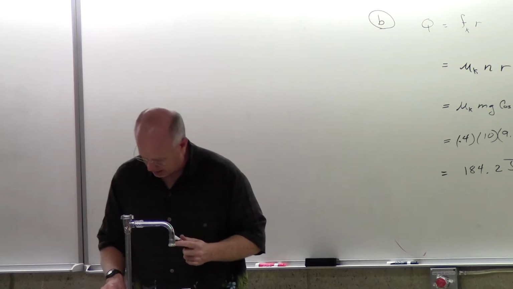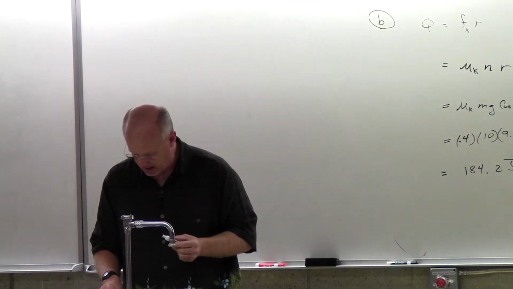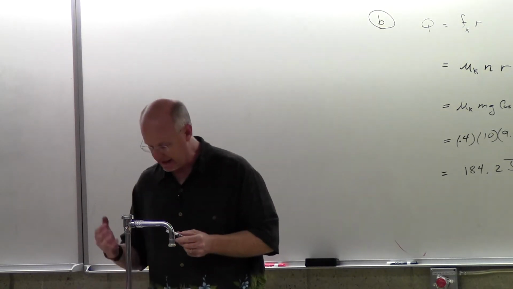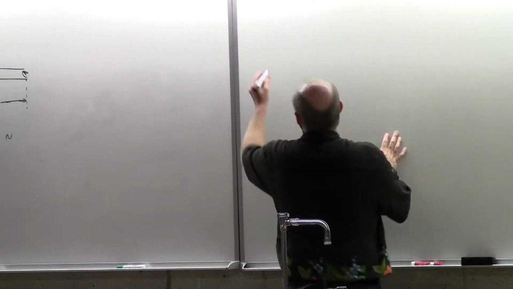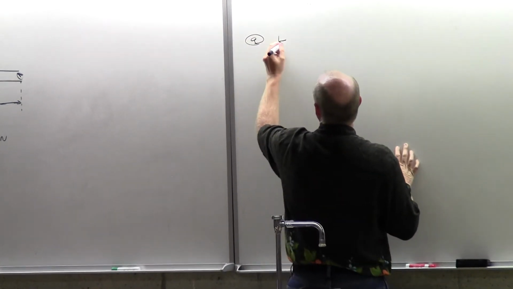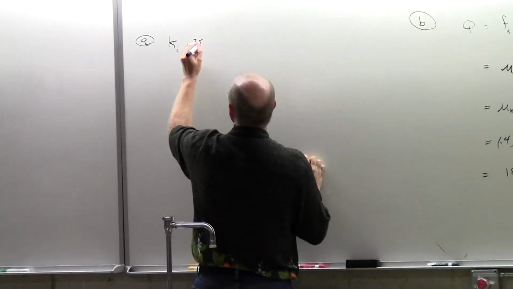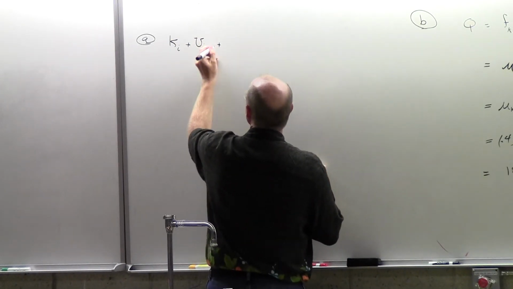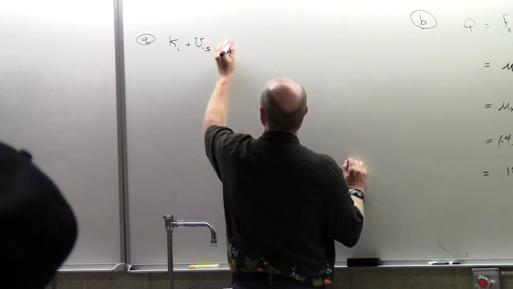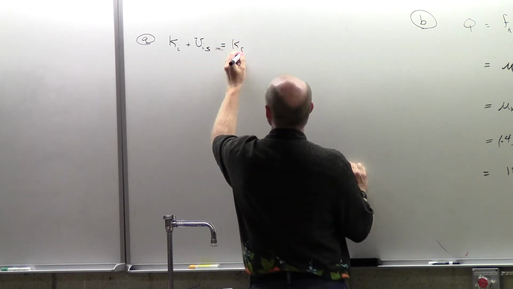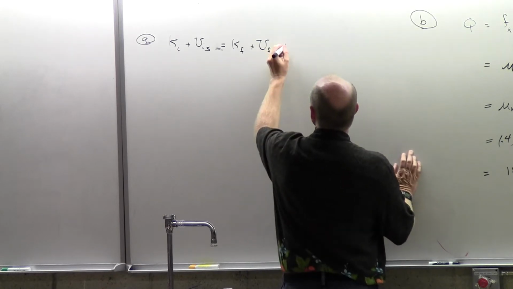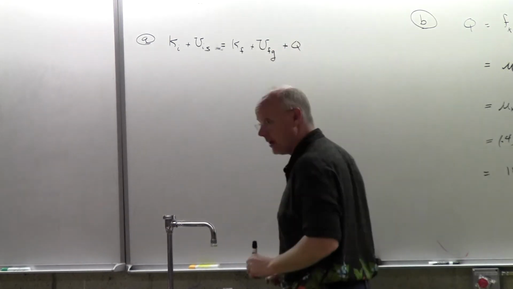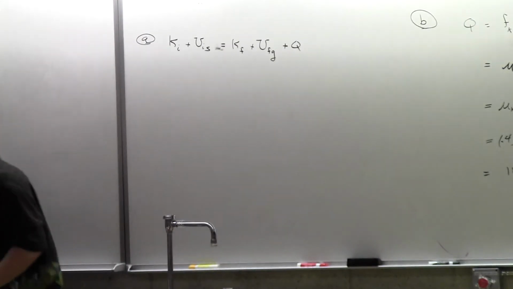Now, the first question here is, with what speed does the projectile leave the barrel of the cannon. All right, so in A, I'm thinking, all right, we've got initial kinetic plus initial potential, and in this case, I'm going to just put a little S here for the spring. Doesn't seem to be angled up at an incline or anything, so it's not kind of like that pinball one